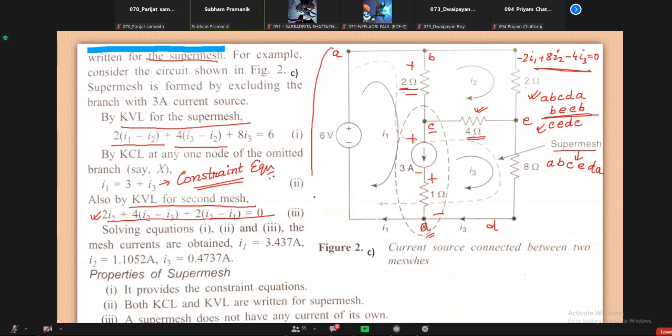This part is your super mesh. So in this super mesh, just see how many impedances are there and which current is flowing through which. Through this 8 ohm, only I3 is flowing, so 8 into I3. And in this entire super mesh, the driving source is 6 volt. So that is super mesh equation number 1. This is important because we had 3 meshes, so there will be at least 3 equations to solve it. That's the first equation. The second equation is, now if you consider that excluded branch,